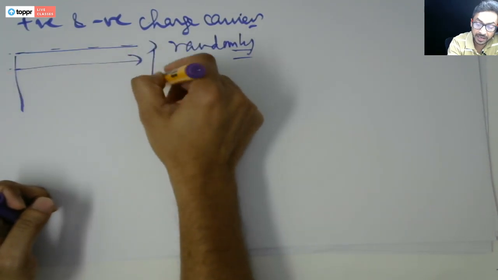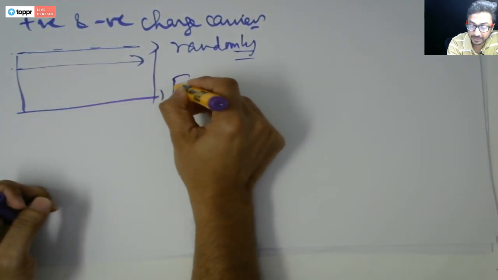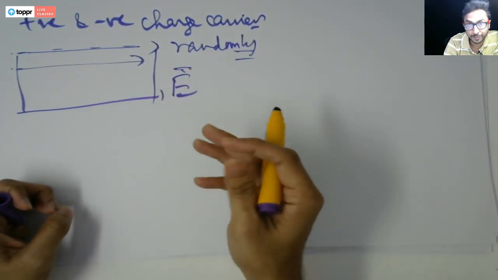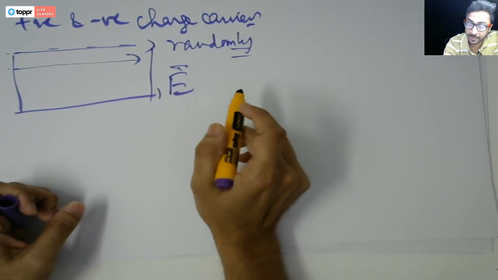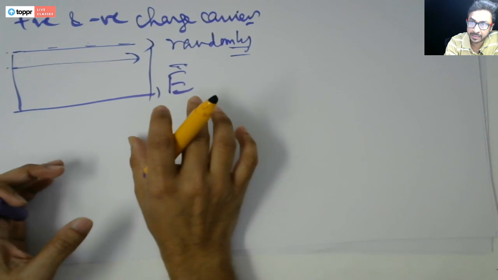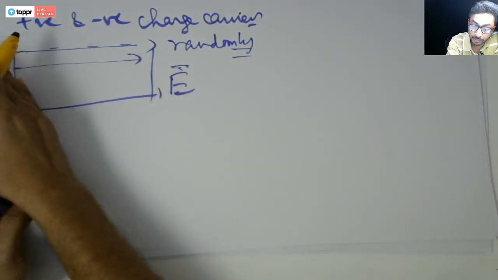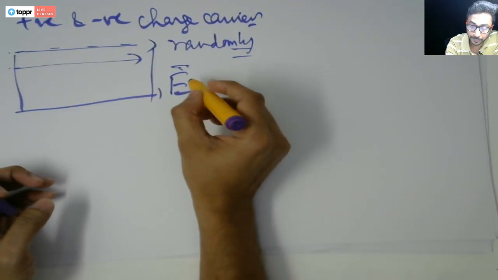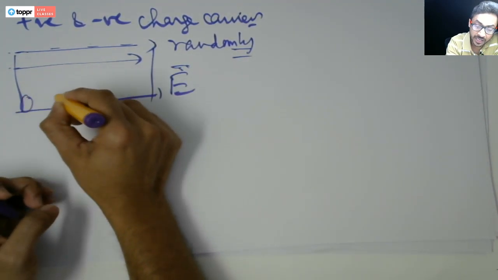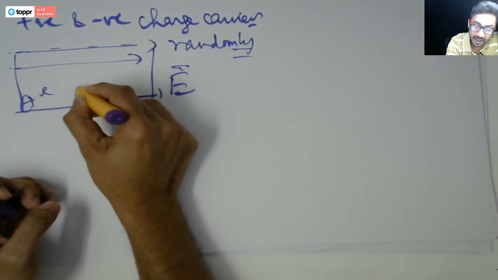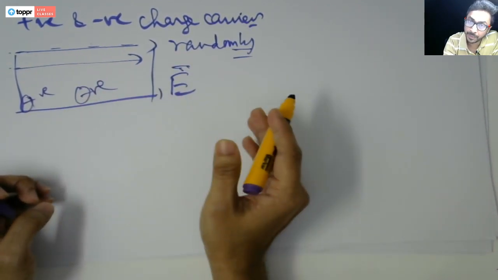Suppose we apply an electric field. An electric field is nothing but force per unit charge, and it is a cause which makes electric charge move. Now if we apply an electric field, these charge carriers, positive and negative, will be